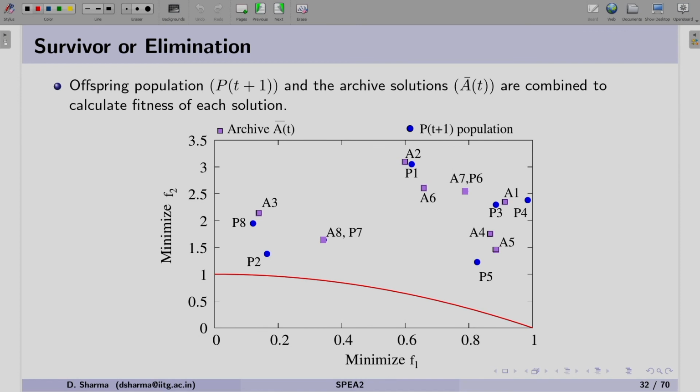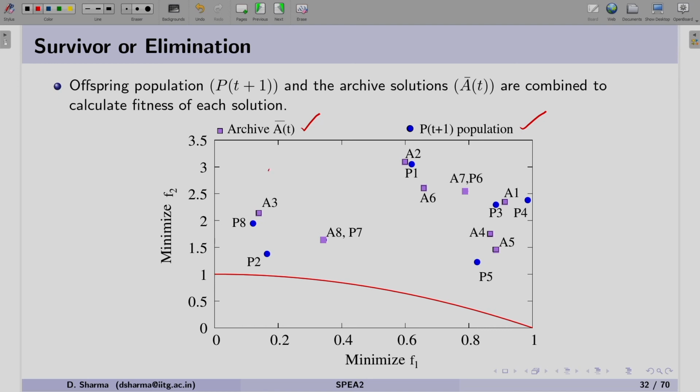Now we will see, in the current example which we are solving, how we can update the archive. If we look at the figure here, we have combined both populations, that is the archive and the population which we get after crossover and mutation.